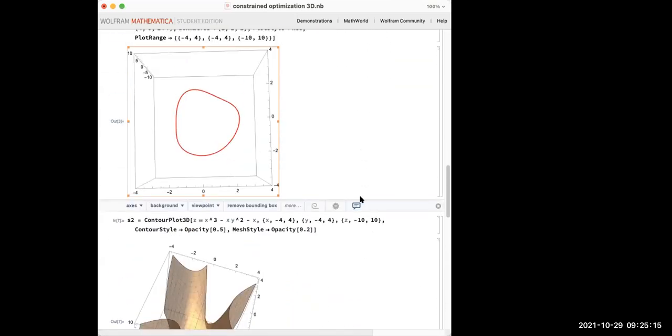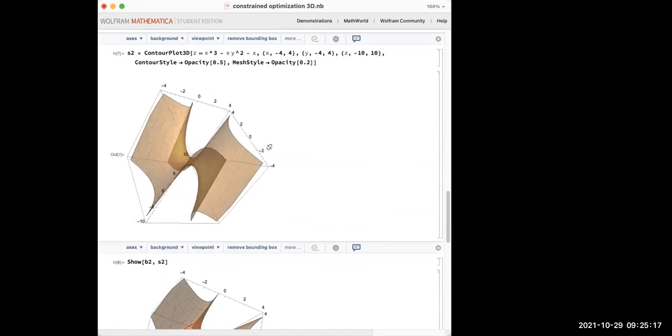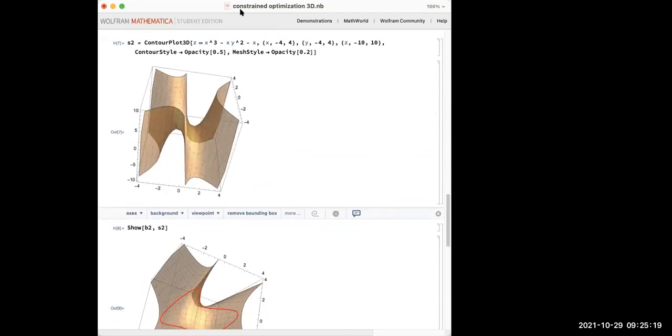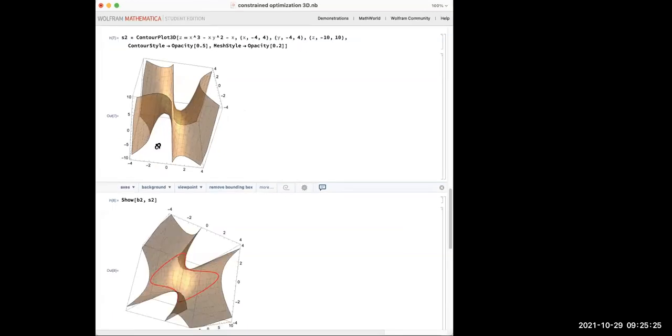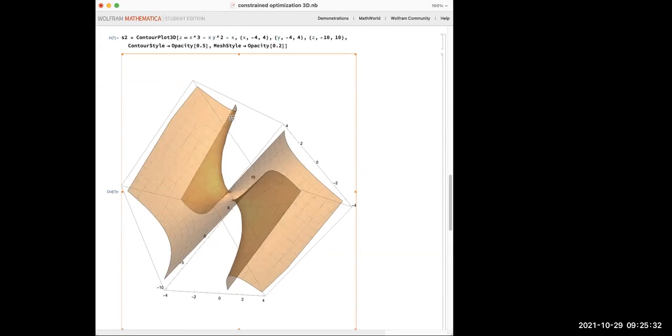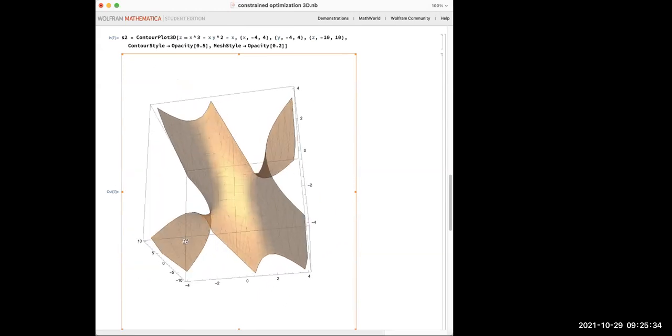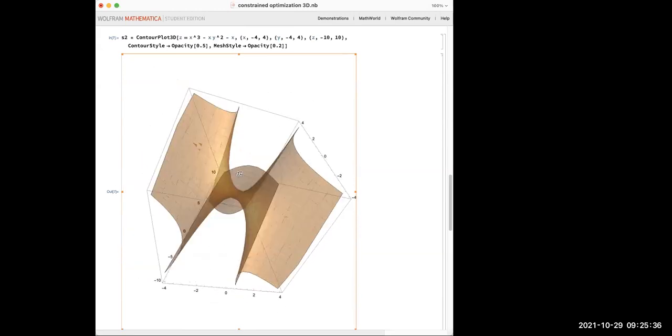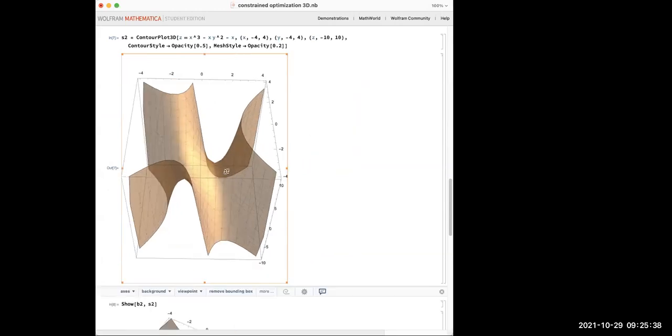But here's the surface. Let's see if I can make this a little bigger. Sorry. If I plot the surface, x cubed minus xy squared minus x, it's kind of a monkey saddle type thing, right? But then if I restrict to that circle,